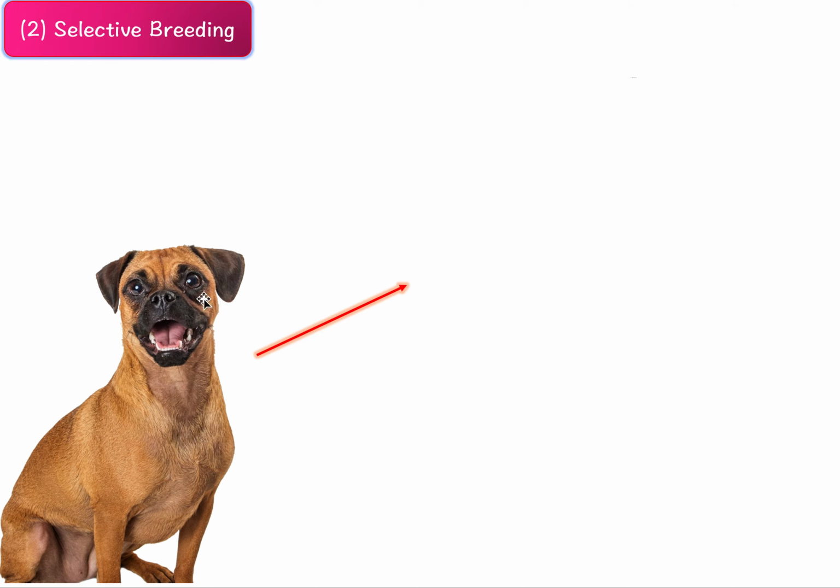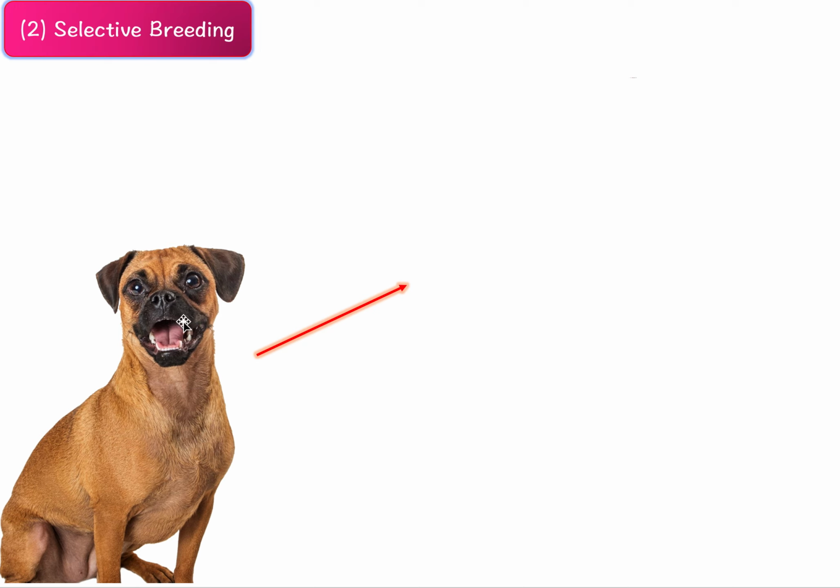So a long time ago, there was a dog that looked like this, okay? And basically, what humans started doing was that they saw this dog and they said, I see this dog very often, but I like the one the most that has the flattest face because it looks the cutest. So they only allow the ones with the flattest faces to reproduce. And so over a long time, this is called selective breeding, because the people select, they specifically choose which animals or which